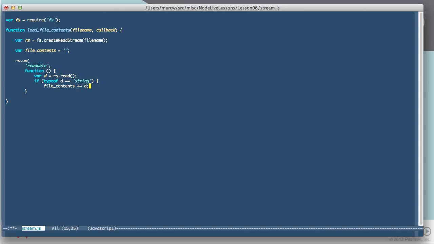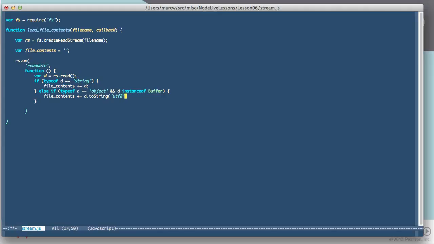Let's do it this way just to be safe. Else, if d is an object, and indeed it is a buffer, then all we have to do is fileContents plus equals d.toString